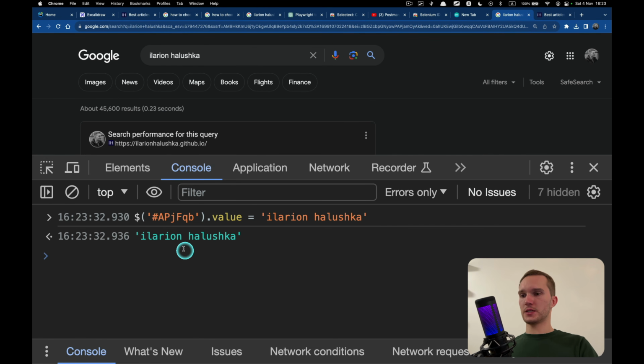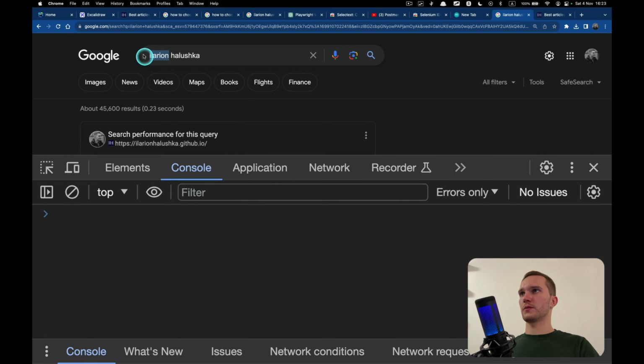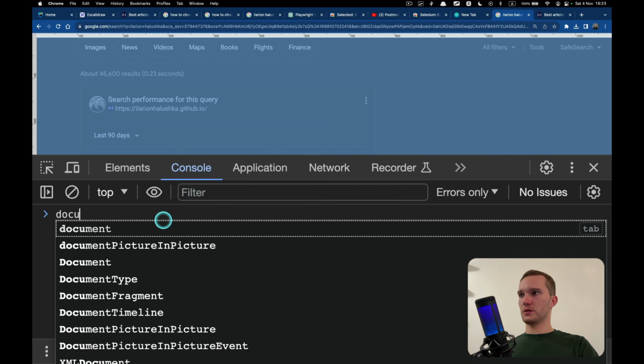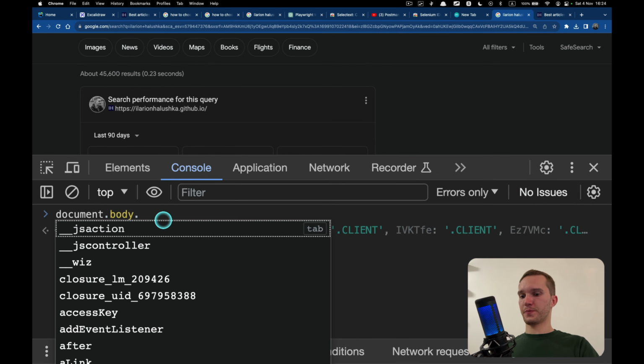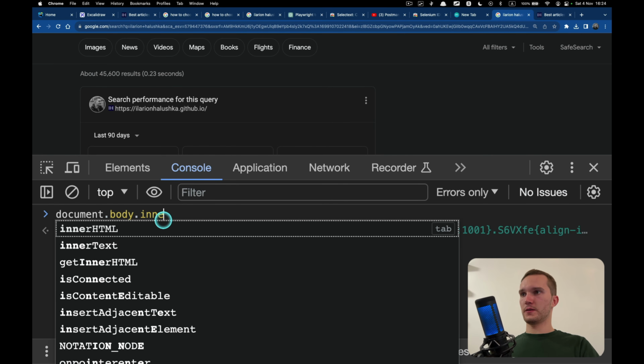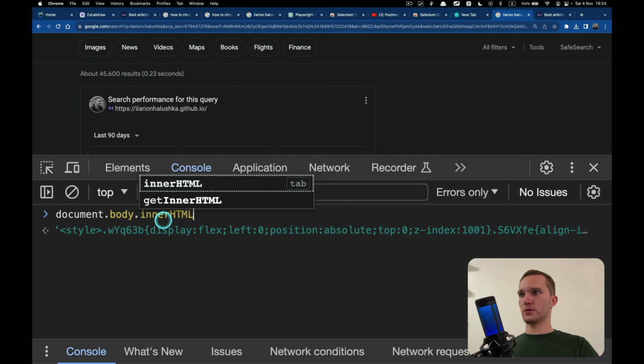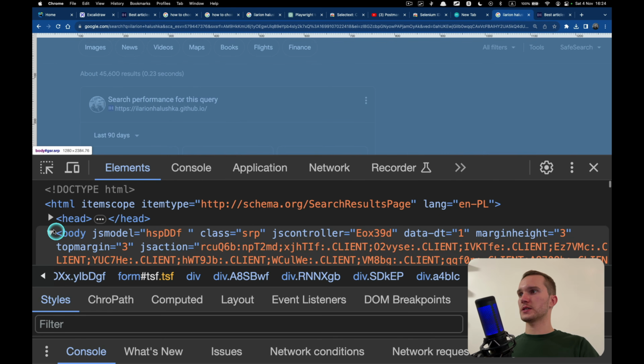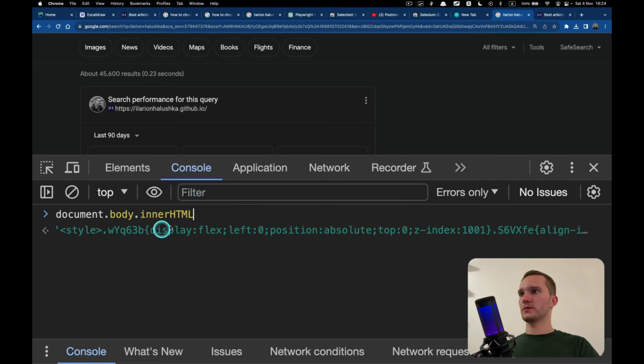Okay, let's now replace every occurrence of this Ilarion word. Let's capitalize it. Let's make the big letters. Let's move it to uppercase. Okay, how can I do this? Document body inner HTML. Okay, document body inner HTML. So we just from this tag we just selected everything inner HTML, and now